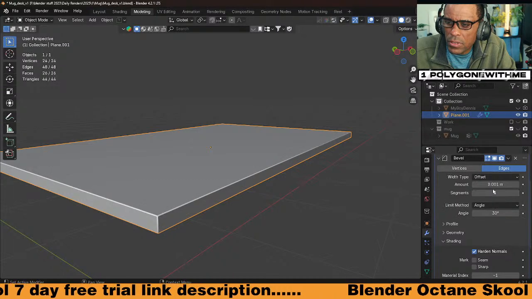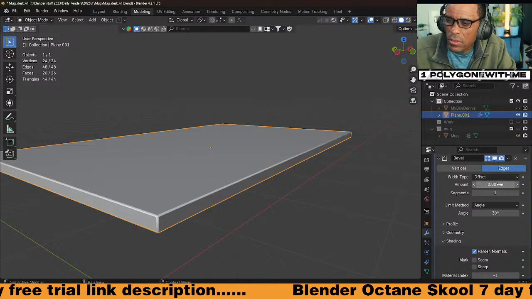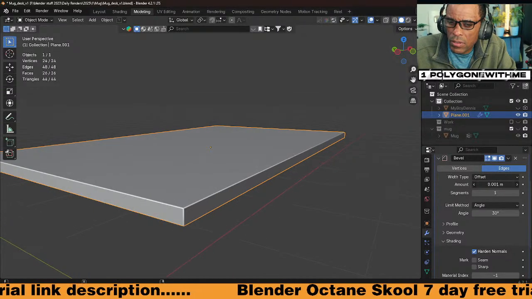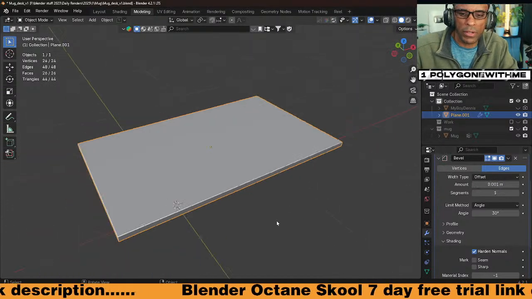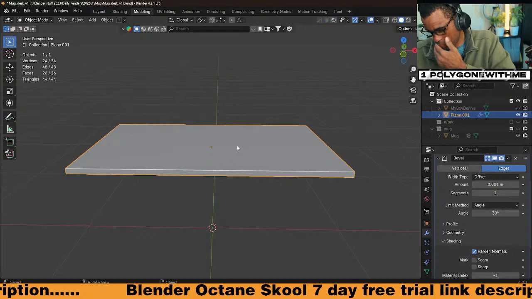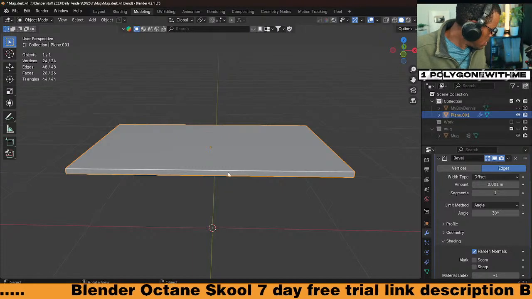I think actually I'm just gonna leave it like that and go times 2. Okay, whatever, I'm nitpicking. Alright, boom, that's the desk. And then we're not gonna model the base because we're not gonna see that.